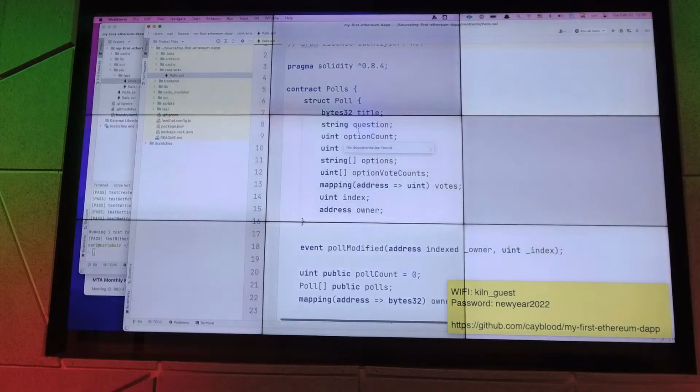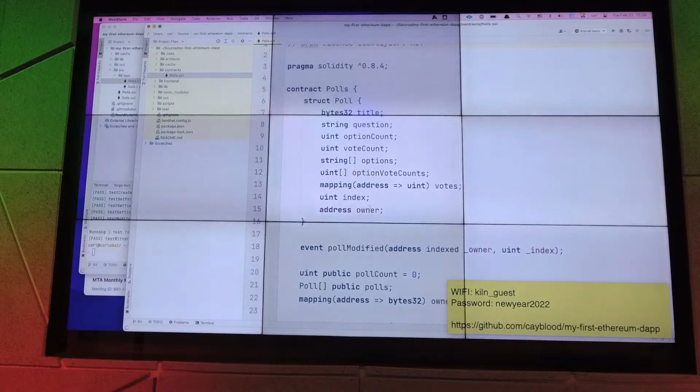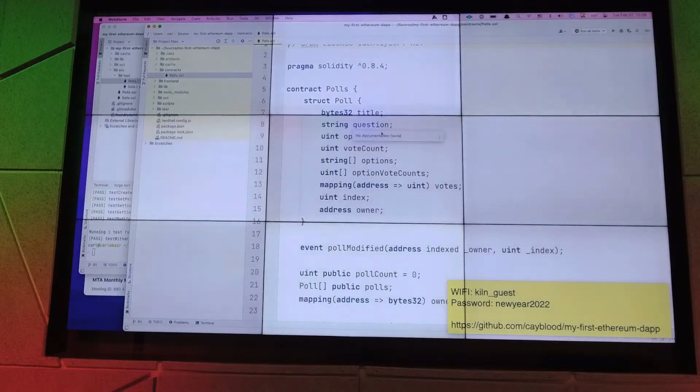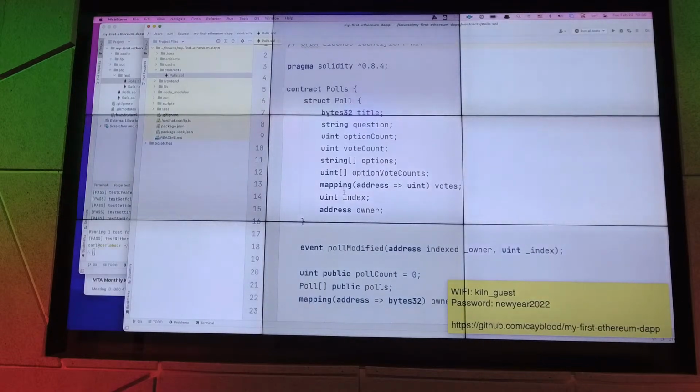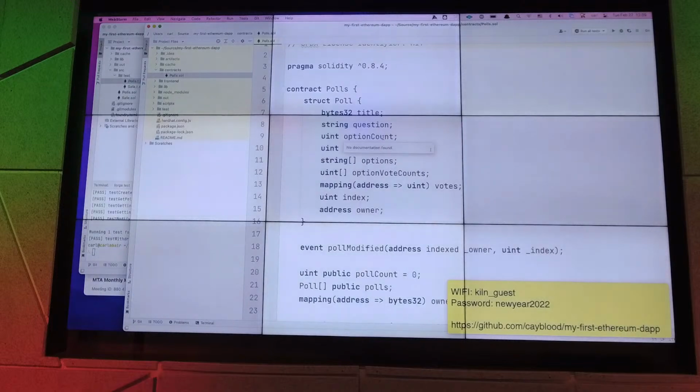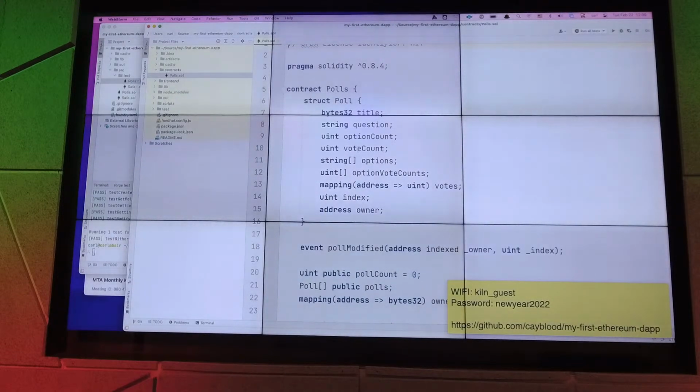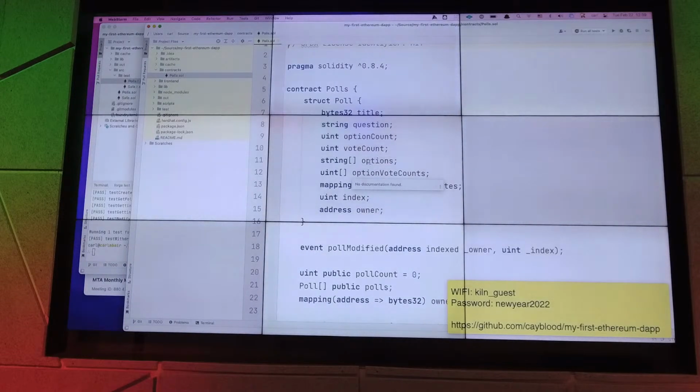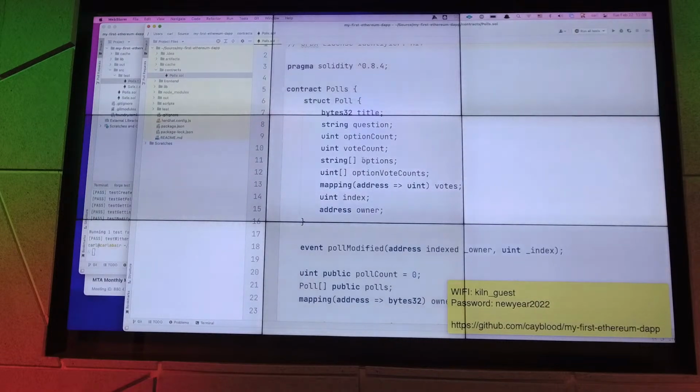And we have some data structures defined here. We have a title for a poll. We have a question that the user gets asked. We have a number that counts how many options there are for the answers of the poll. A number that counts how many people have voted on the poll. We have a mapping of strings that holds a vector of strings that holds the different options people can vote